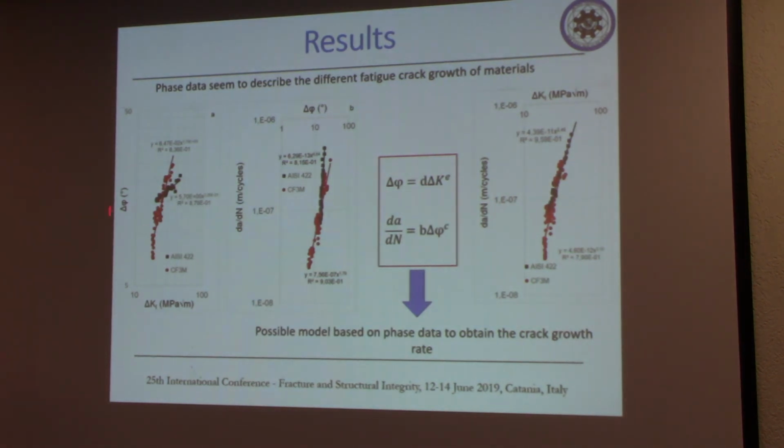In this graph, the phase values are reported as a function of the stress intensity factor. As you can see, there is a linear correlation in double log scale between the phase data and the stress intensity factor. The same correlation is obtained by reporting the crack growth rate as a function of the phase data. You can see that also in this case we have a linear correlation. So we have a Paris law model similar to the one